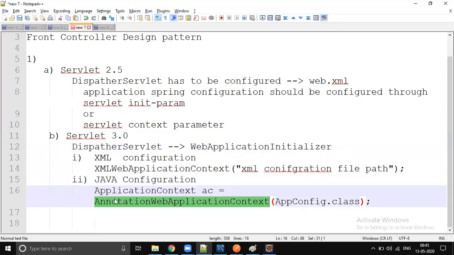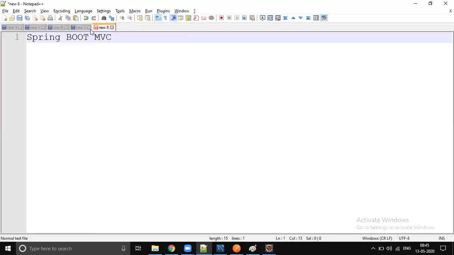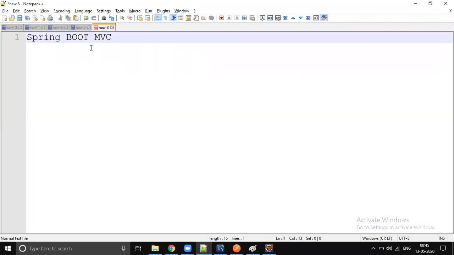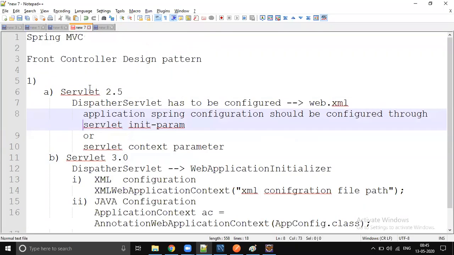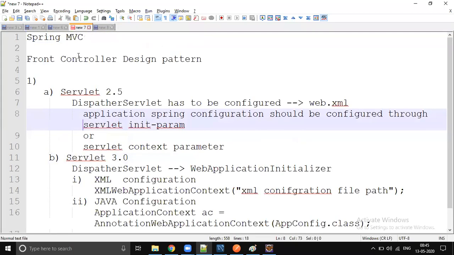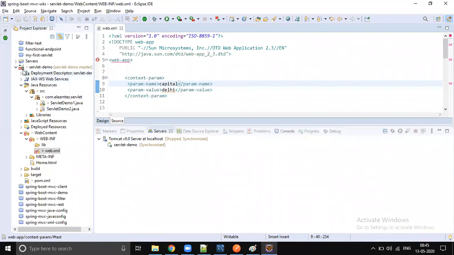We will see two examples: the 2.5 model and the 3.0 model. Then later we will jump into Spring Boot, right? You will see the amount of code that is reduced if you write a Spring Boot application. If it is not a Spring Boot application, how much code do you have to write? If it is a Spring Boot application, how much code? Then that we will see. Spring Boot MVC we will create freshly, but for Spring MVC I will show you the project which is already written, because our intention is learning Spring Boot, not MVC. That's why I will show that example.